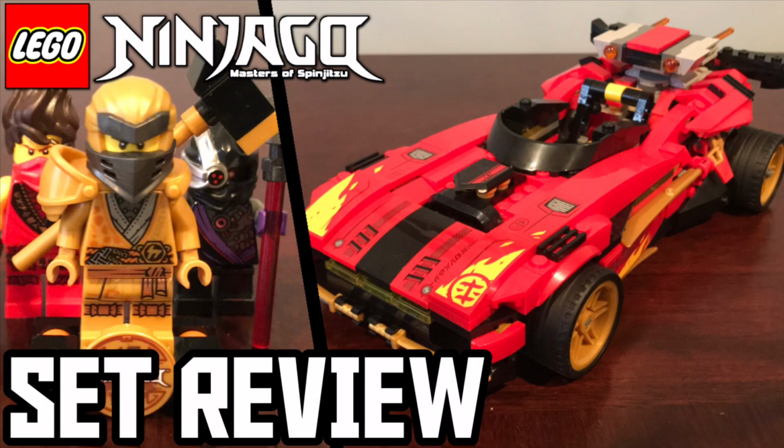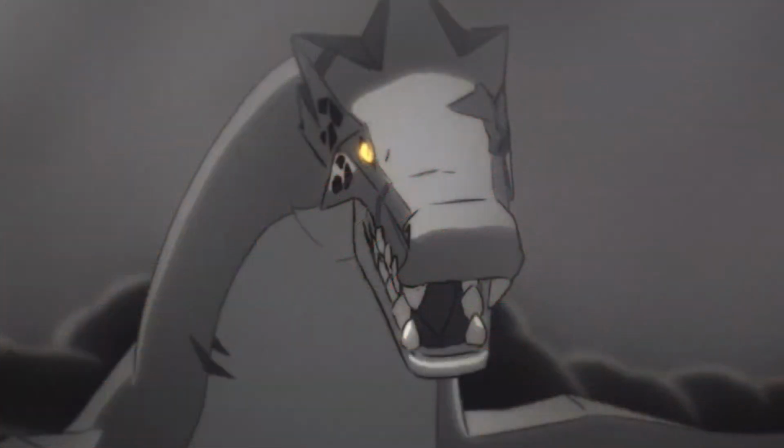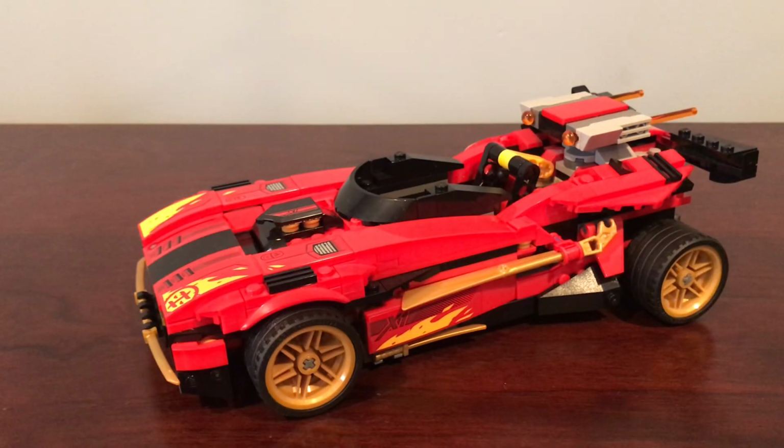Hey guys, welcome back for the last of my Legacy set reviews. Today we'll be checking out the X-1 Ninja Charger. As always, first off I'll talk about the build, then the minifigures, and lastly a rating out of 10. Let's get started. So this is the X-1 Ninja Charger, the car from the scene where my intro music is